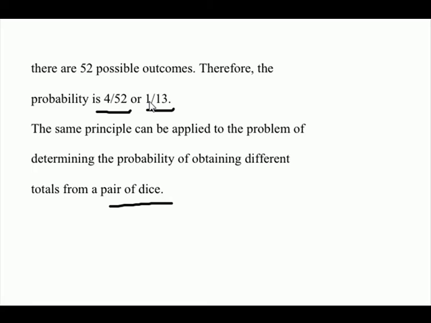So let's try to do that quickly. The only way you can get a sum total of 2 is when dice 1 has a 1 and dice 2 has a 1. So the number of favorable outcomes is 1,